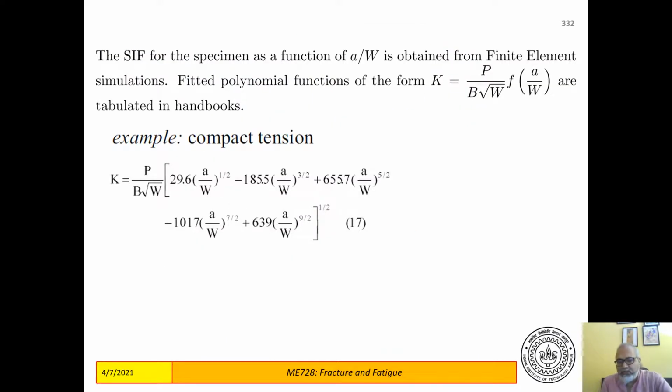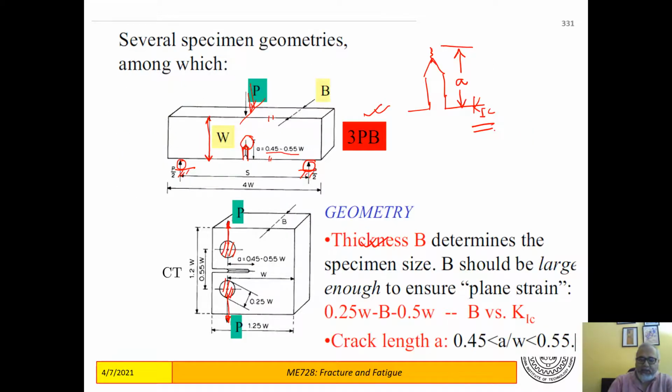We have a similar one for the 3-point bend also, where the K, which is essentially K1 in this case, is P by B root W. W is the width of the specimen, times this geometry factor. This geometry factor is fitted from finite element results. So people do finite element calculations on these kinds of